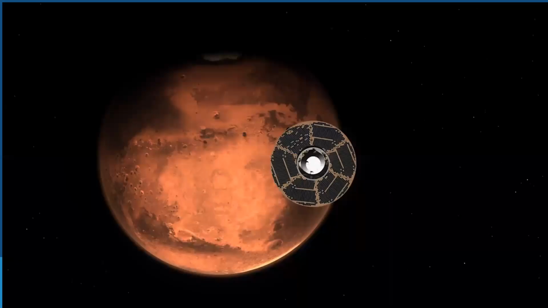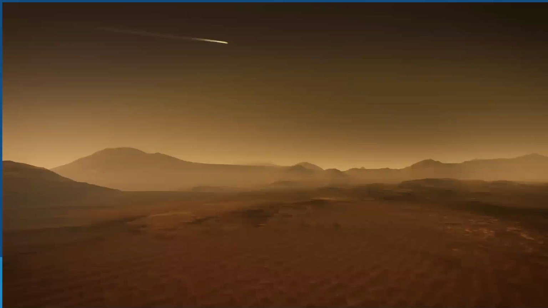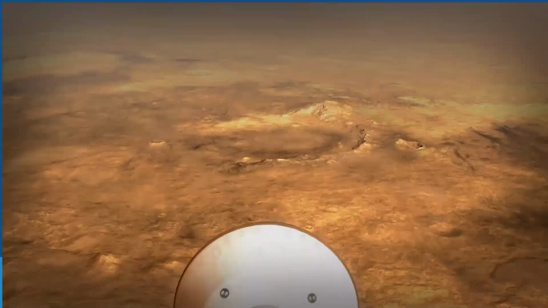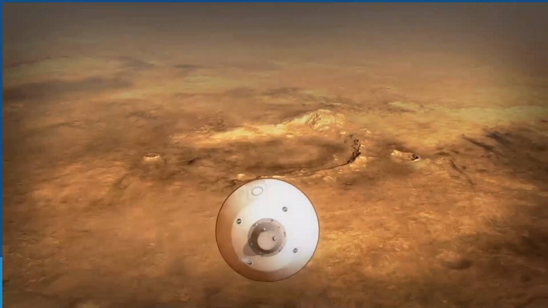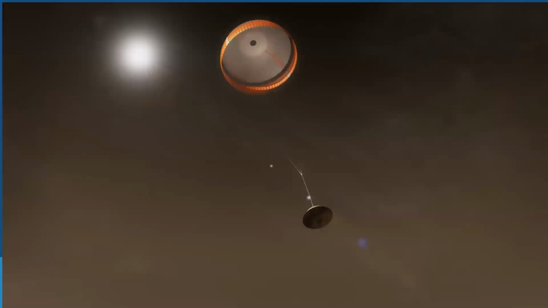Starting about 10 minutes before atmosphere entry, we get rid of really the spacecraft part of the rover that's been supporting us. We come screaming in to the Martian atmosphere at 12 to 13,000 miles per hour. And the heat shield is what dissipates all that initial energy through friction. The vehicle will continue actually flying itself through the atmosphere, sort of like a transforming vehicle that went from spacecraft and now kind of an aircraft actively guiding itself. When we're going slow enough, we deploy a parachute. Biggest supersonic parachute we've ever sent to another planet. It's critical for slowing down the vehicle.